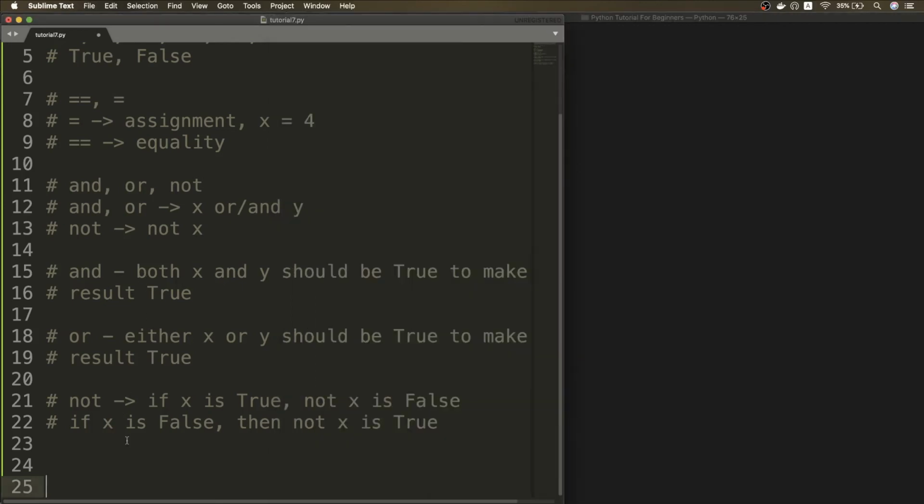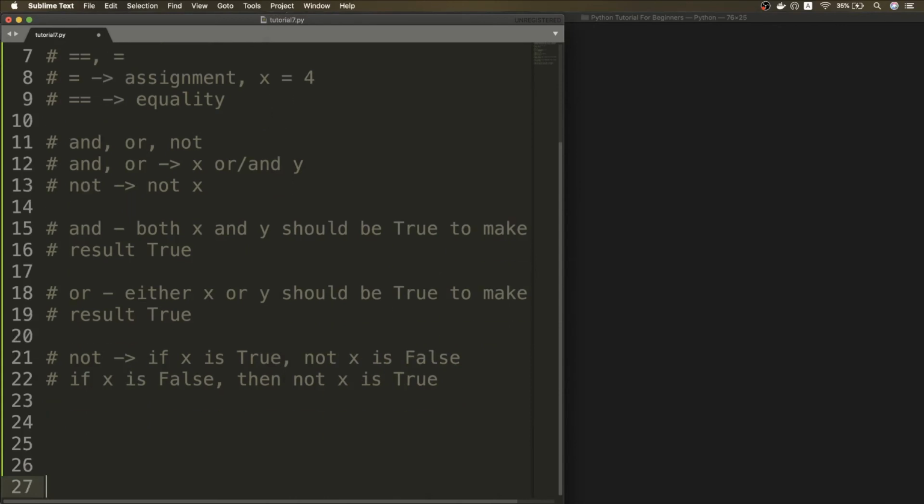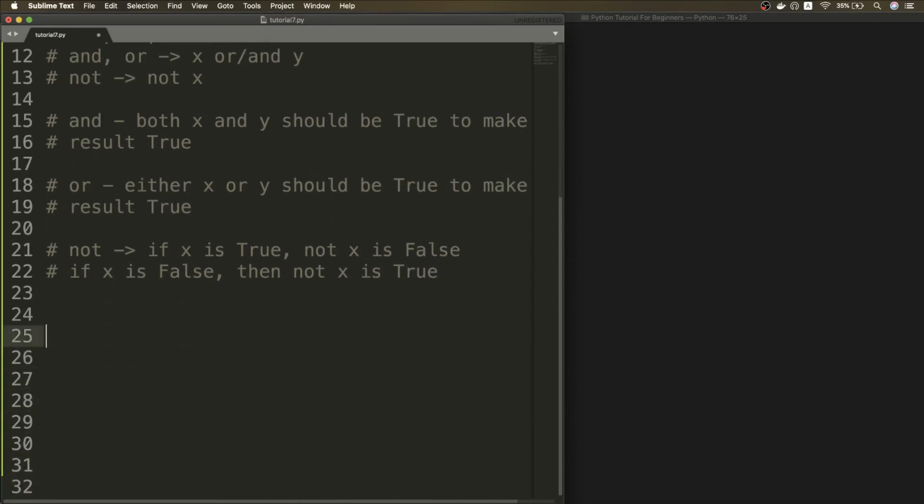And now let's talk about operator precedence. If you watched the previous video, we discussed operator precedence for arithmetic operators. The precedence was something like brackets. Then we have exponentiation, that is the power. Then we have multiplication, division, integer division, and modulo operator on the same level. Then we have addition and subtraction on the same level.